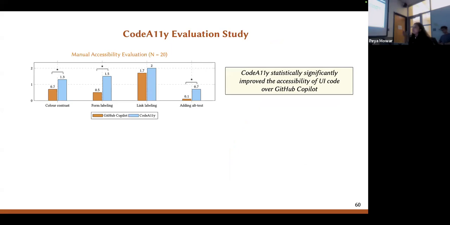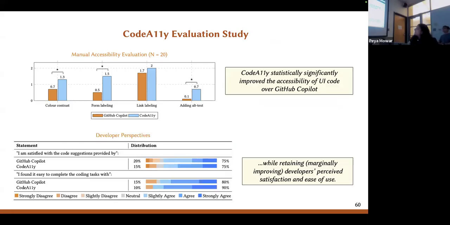So we evaluated this with another user study, similar to the first need-finding study, with 20 developers. And we saw a statistically significant improvement in the accessibility of the UI code generated by the developers over a baseline coding assistant, which is GitHub Copilot. And not only that, we saw that the developers' perspectives were actually quite balanced between both the plugins.